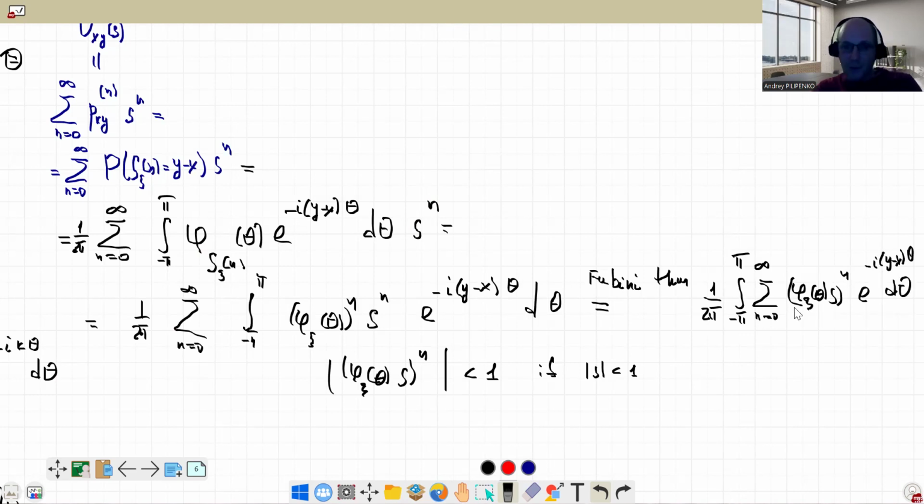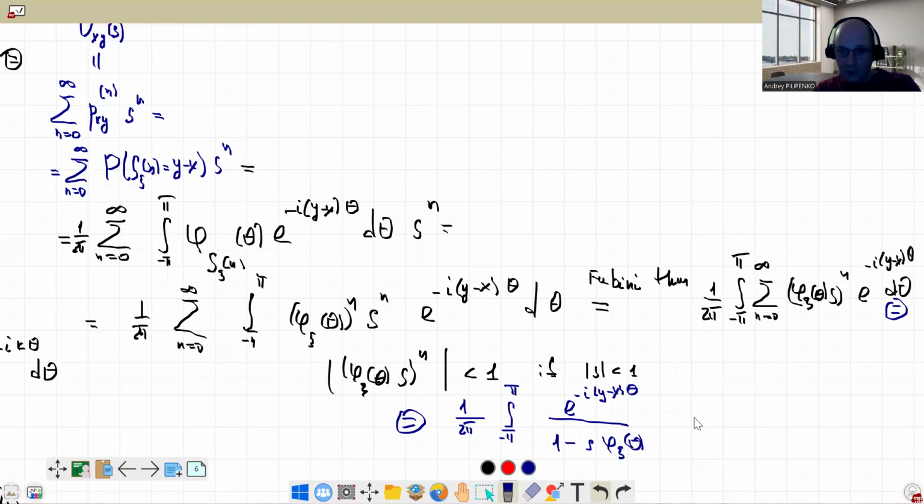And now this is a geometric series. So this is equal to 1 over 2 pi, the integral from negative pi to pi, of e to the minus i (y minus x) theta over 1 minus s phi psi of theta, d theta. So look at this beautiful formula. We obtain this as a certain integral. Well, certainly we need to be able to calculate this integral, but it's easier to study integrals than an infinite sum with unknown probabilities. So let me rewrite this